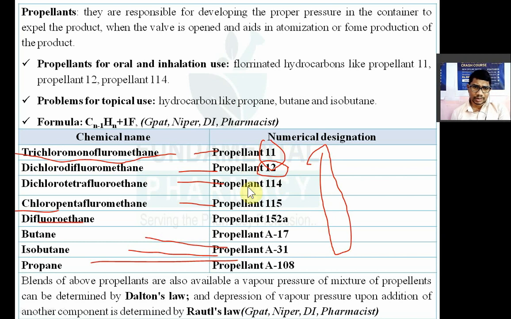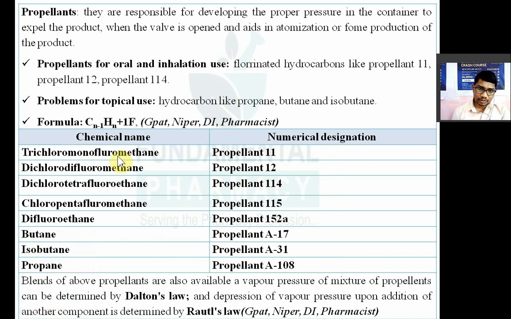लास्ट में क्या है यहाँ पे मीथेन. मोनोफ्लोरो मीन्स मोनो मतलब एक, मीथेन मतलब एक, डाइक्लोरो डाइफ्लोरो, डाइ मतलब दो, डाइफ्लोरो है दो, इथेन. यहाँ पे इथेन का 2 कार्बन एटम, डाइक्लोरो टेट्राफ्लोरो इथेन, टेट्रा मतलब 4, यहाँ पे 4 फ्लोरीन एटम है, लाइक दिस, आप ऐसा भी याद रख सकते हो। दीज आर द कॉमनली यूज्ड प्रोपेलेंट्स, उसका फॉर्मूला अपन बाद में देखेंगे, फॉर्मूला प्लस एक्सप्लेन करूंगा मैं आपको पूरा।